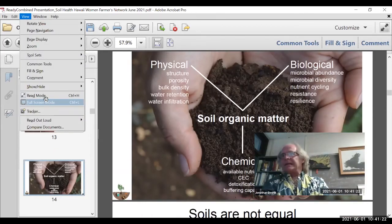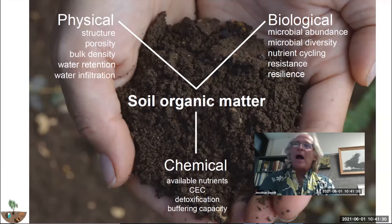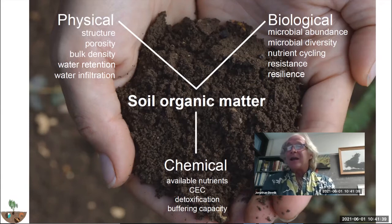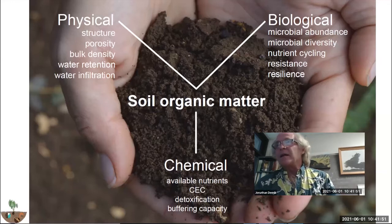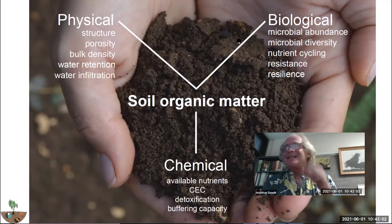At the center, really at the center of a healthy soil is soil organic matter. And why I place soil organic matter at the center of soil health and soil function is because soil organic matter really impacts all aspects of soil behavior: physics, biology, and chemistry. So this is a fascinating area of study. We still are discovering and learning more and more about the functionality of soil organic matter in its complex relationships, but it is at the center